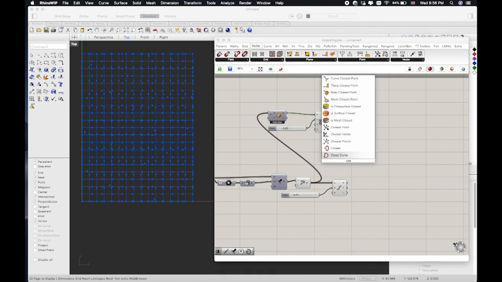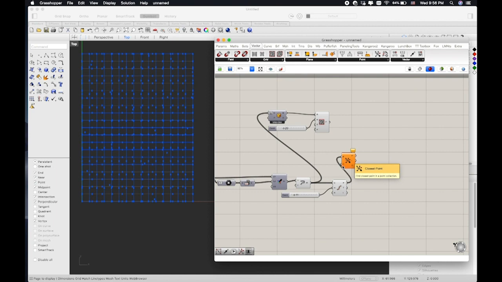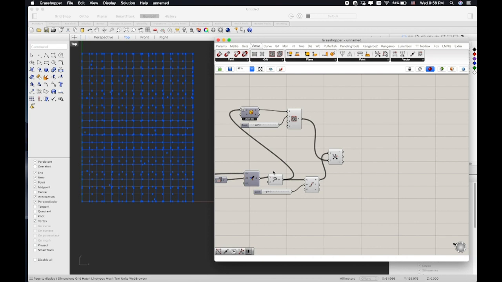So we drop down the closest point. This one, this one, and we want to select the points